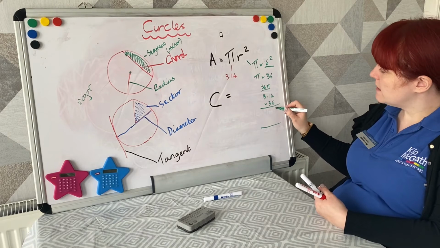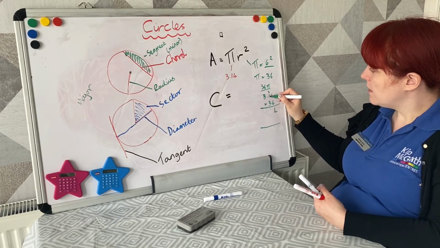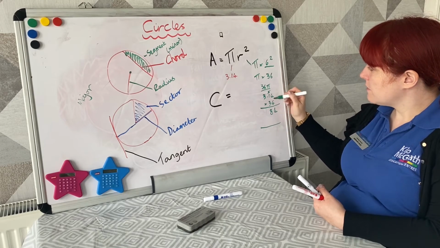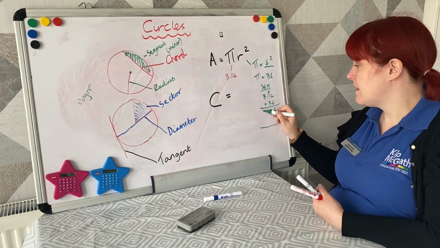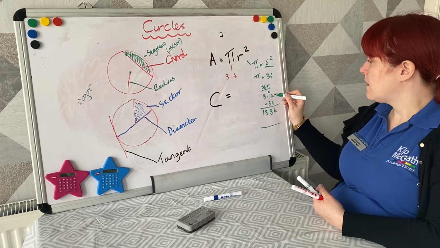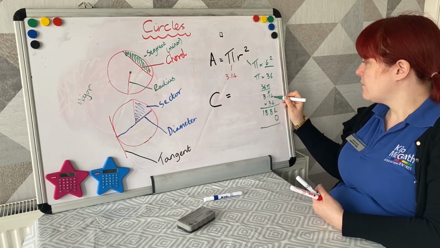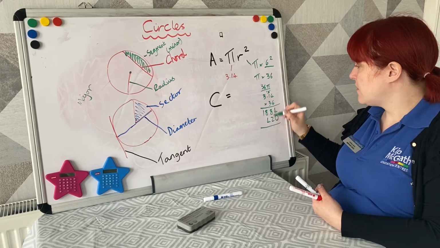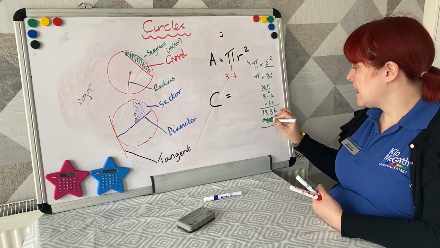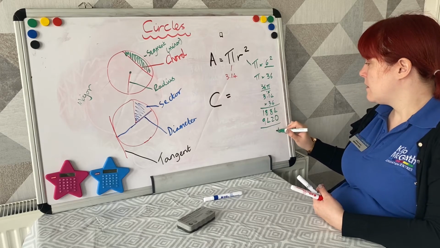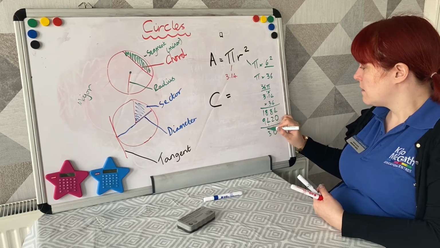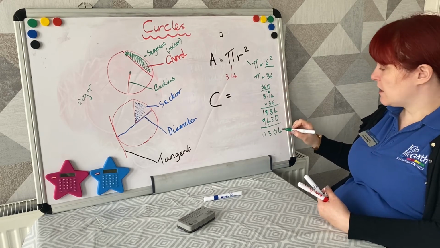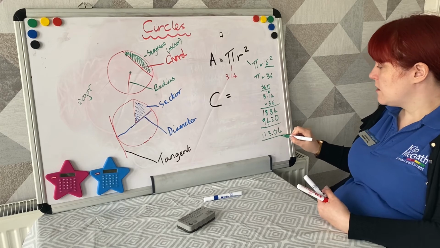4 6s, 24, carry a 2. 1 6 is 6, 7, 8. 3 6s are 18. And then pop our 0 down here. 4 3s are 12, carry a 1. 3 add 1 is 4, 3 3s are 9. Add them up is that. Because there's 2 decimal places in the question, there's 2 in the answer, so that would be our